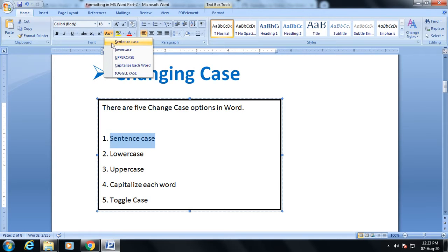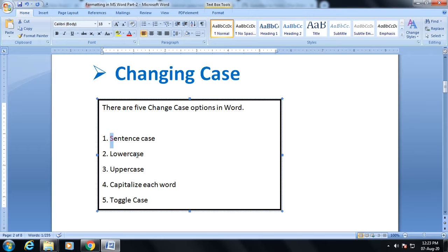Whenever we write any sentence in English, the rule is that you write the first letter of the sentence in capital and all the rest of the letters in small. So in the sentence case option, the first letter is capital and the rest are small.